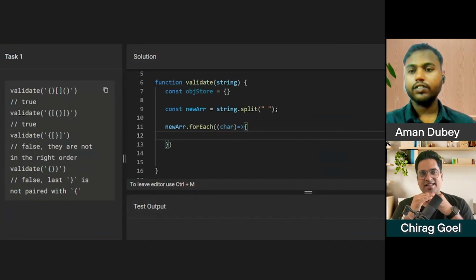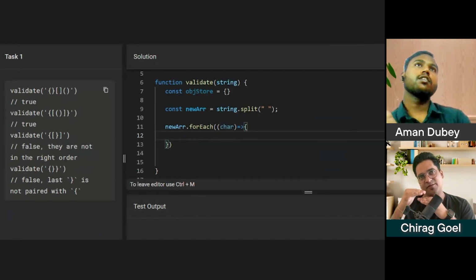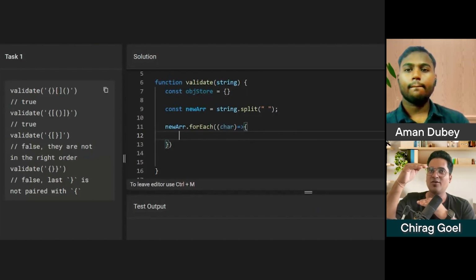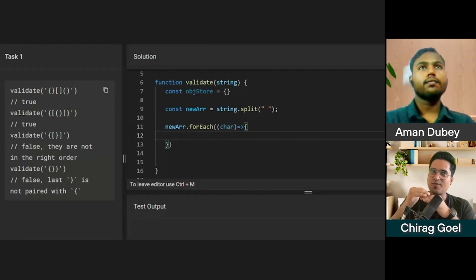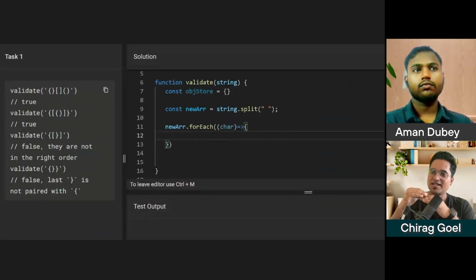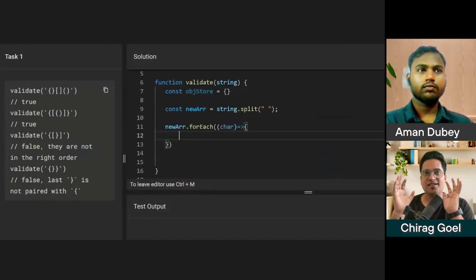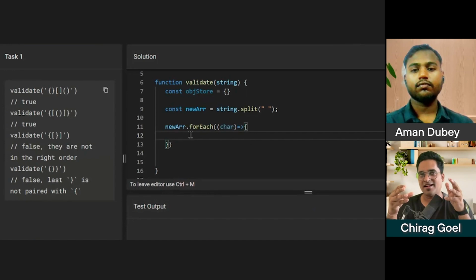Consider an example: if you keep placing something in some order, you figure it out when you have to ultimately remove these things as well. You keep on placing and keep on removing things in the reverse order such that nothing is left. If none of the things are left, then it is a valid thing, isn't it?